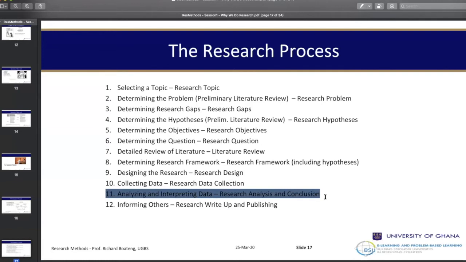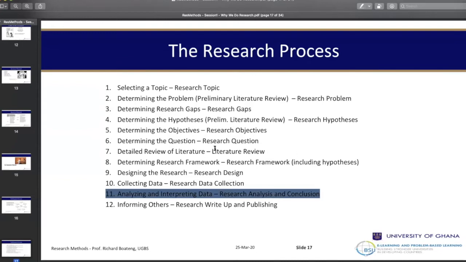The rest of the things, you may not have done. Maybe you have done something on hypothesis in number 4, but the rest, selecting a topic, understanding a problem, determining a gap, determining your question, reviewing the literature, you have not done anything like that. So my objective for the next 7 or 8 weeks is to take you through this 11-step or 12-step process and teach you how to do these things. Now, somebody may say, hey Prof, does it mean that you have spent 6 weeks just on number 11? Don't worry about it. That's why you have another set of weeks to do the rest with me.